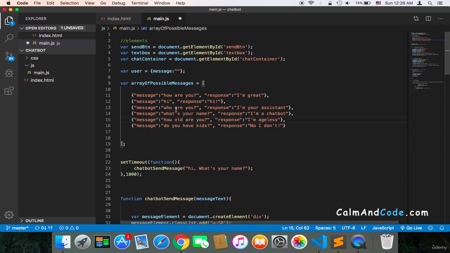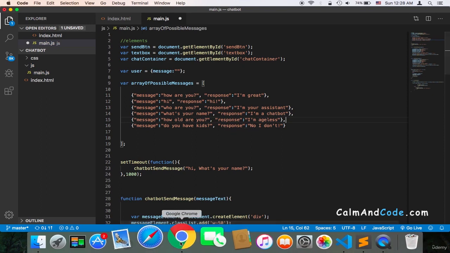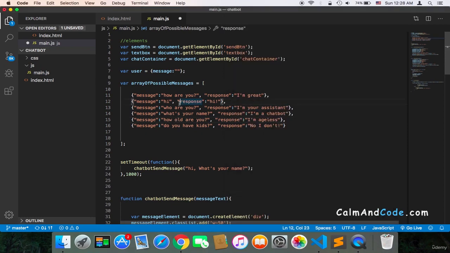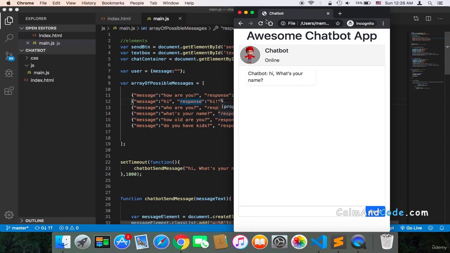So now we have few expected messages. And as I told you, I recommend adding more so that you respond to the user. But there is also another problem we have, which is if we type, let's first save and refresh.